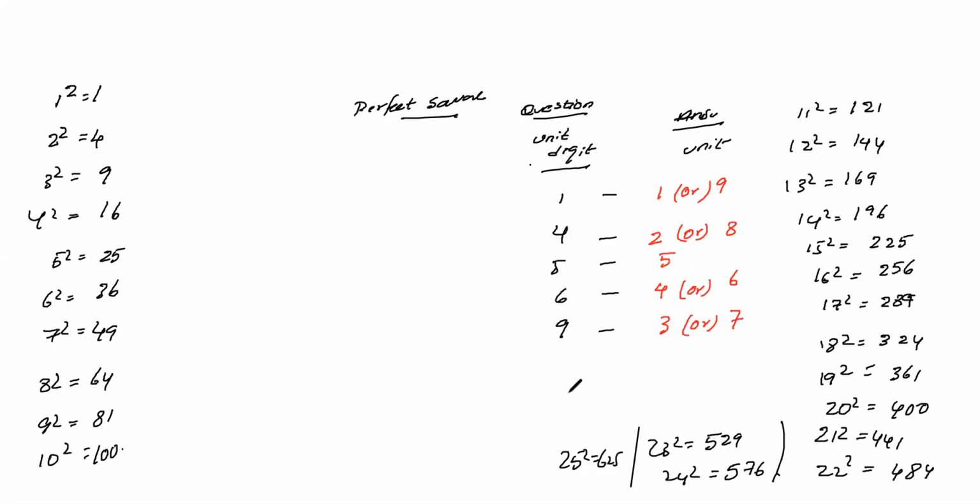Apart from these, numbers ending in 2, 3, 7, 8 we call non-perfect squares. We'll discuss these things one by one. So let's see some small examples. For the first example, I'll solve one or two questions, and after that you can try it. It will be interesting, please concentrate, it is very easy.